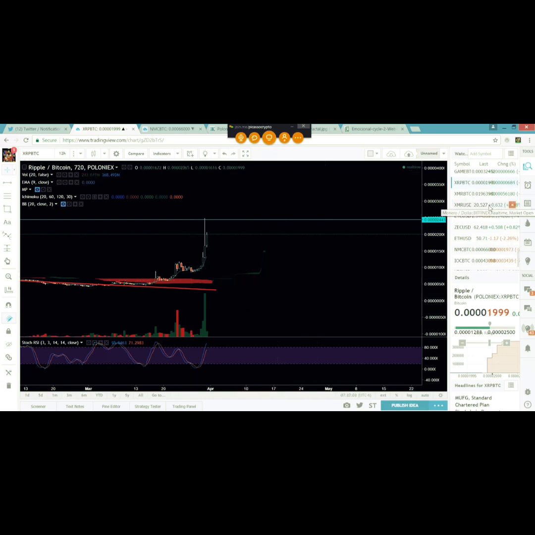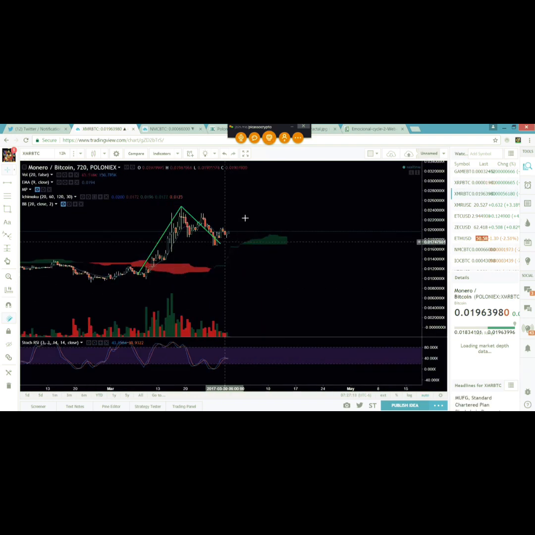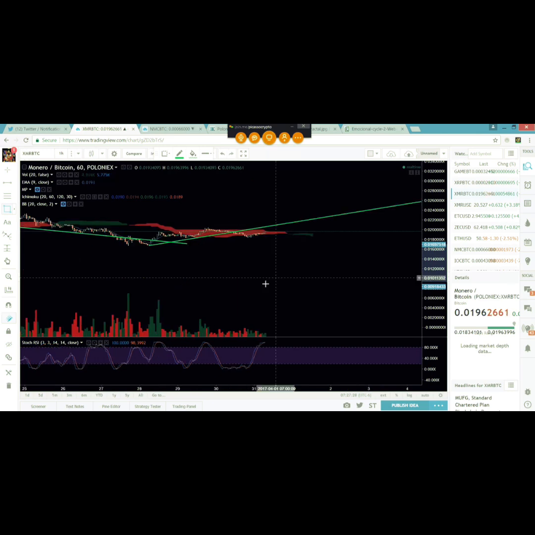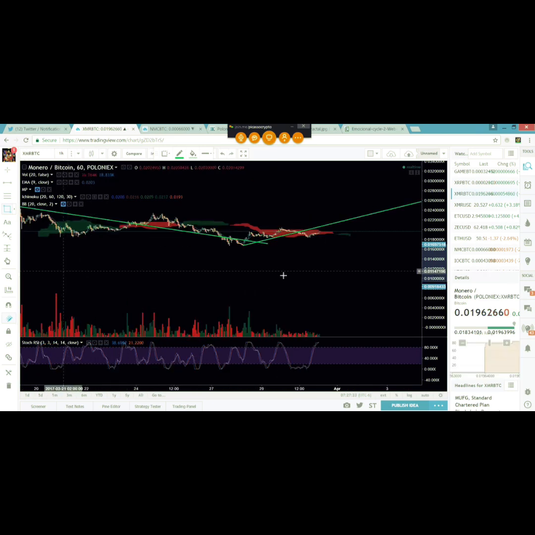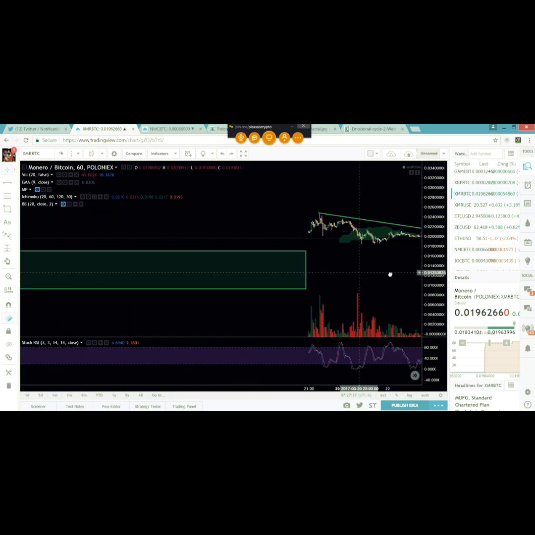I mean, when we look at Monero again, these little moves in here, Monero does look like it's about to begin its third wave here actually now, guys. So I would expect something like at least that out of Monero. But when we look at these moves here, in this first leg, you can see that there's plenty of opportunity to extract profit from this by understanding the way the waves are going to unfold.